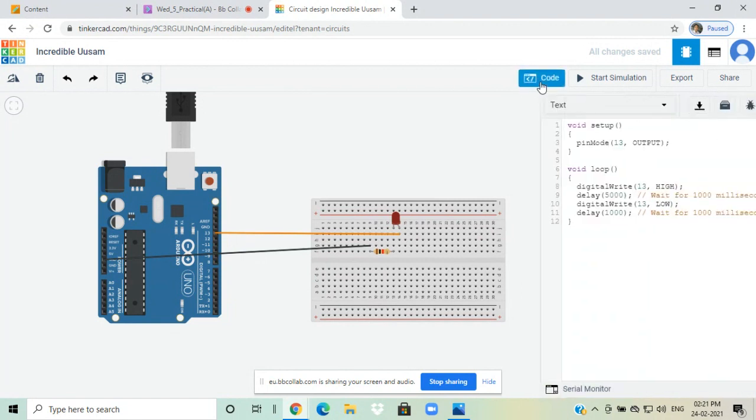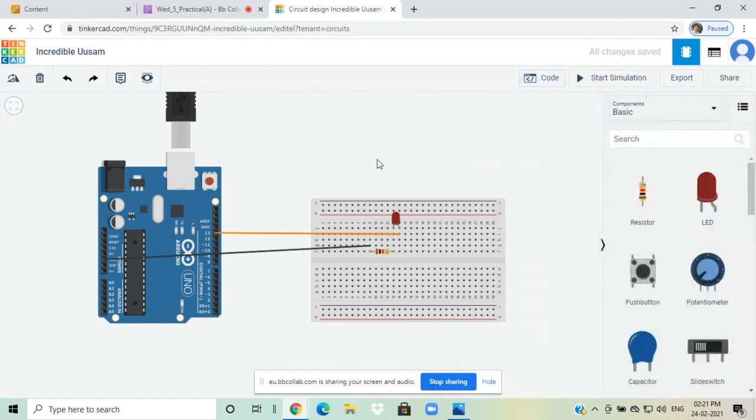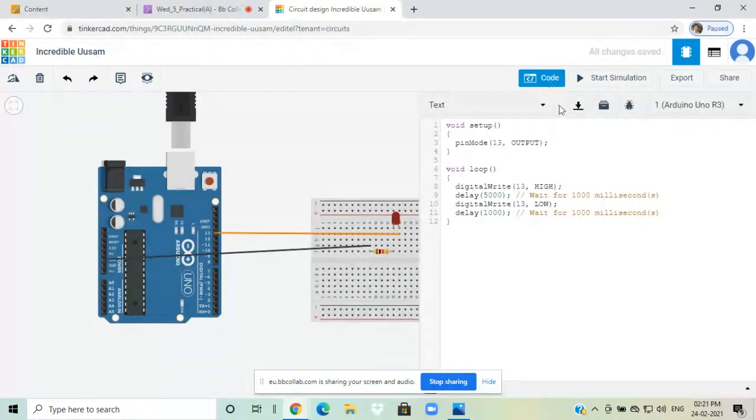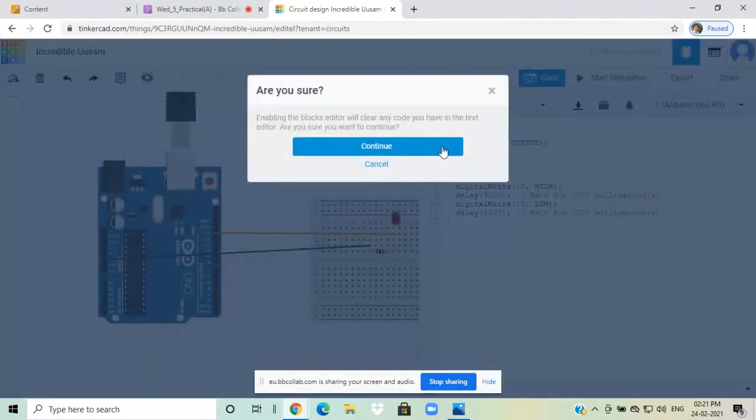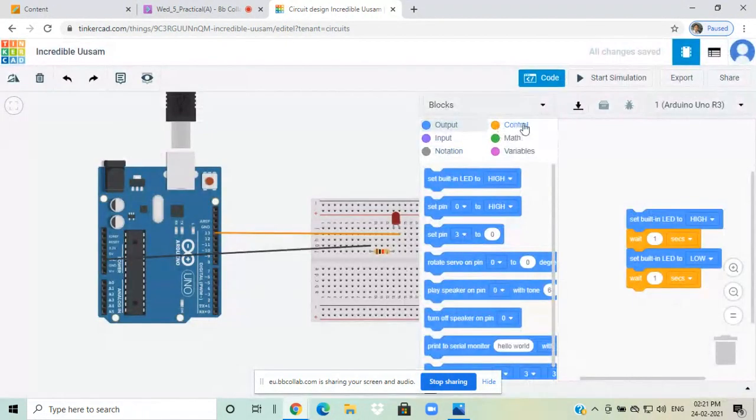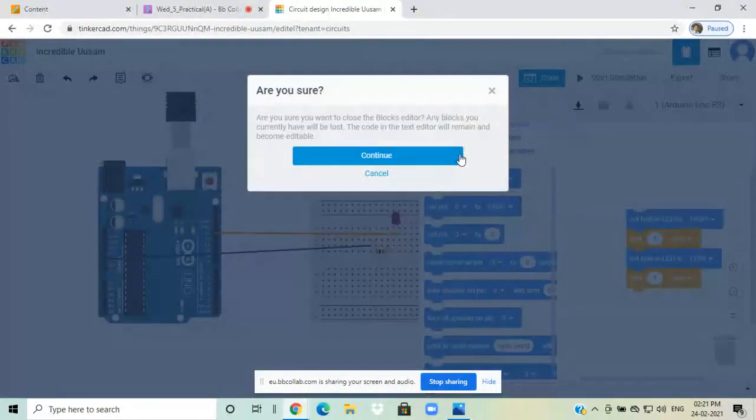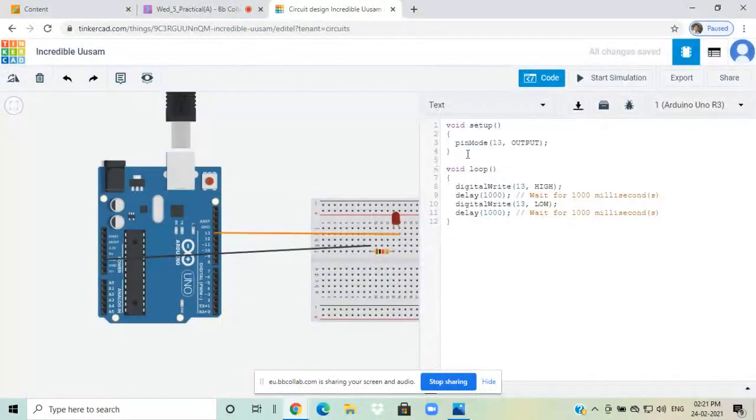If you want to see the code, in the normal home screen it has the simulation and code, so you have to click on the code. In the normal window it will show the blocks, so you have to select text. Click on text, and it will show the code that is generated by itself.